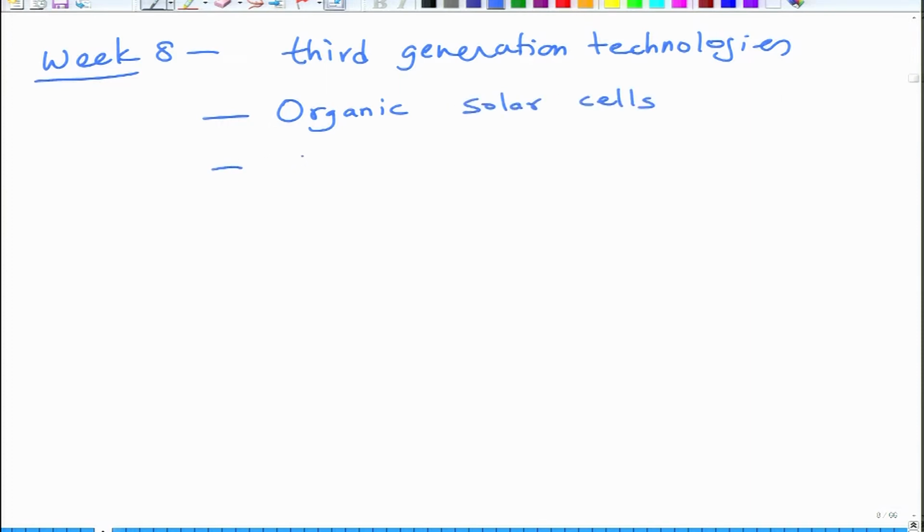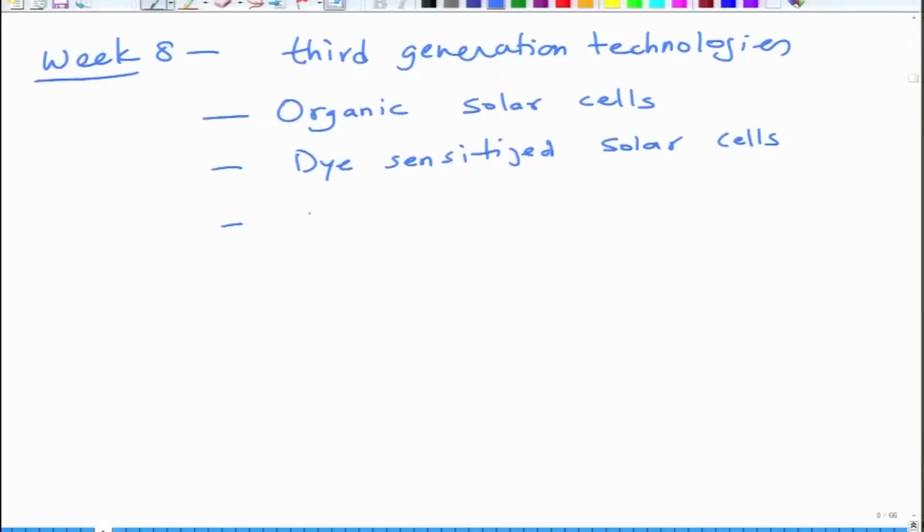Then we will talk about dye sensitized solar cells. These are also thin film technologies, but they are solution based technologies, printable, can be made using mass production techniques, using liquid materials, liquid precursors, and so on and so forth. So they have a lot of advantages in terms of